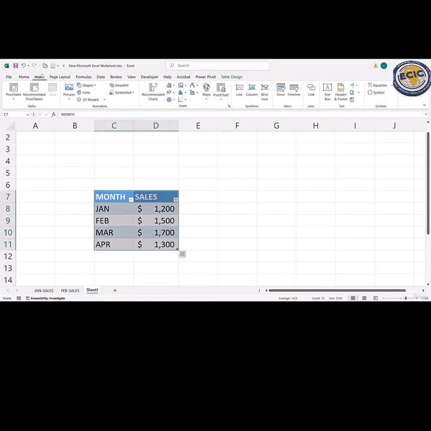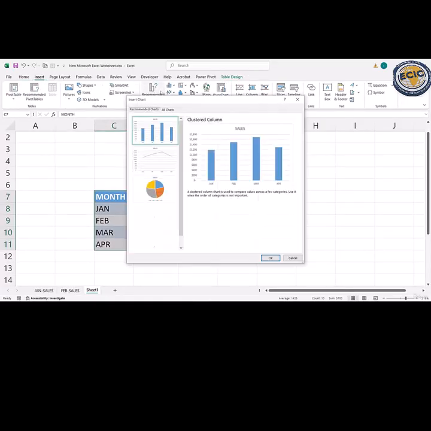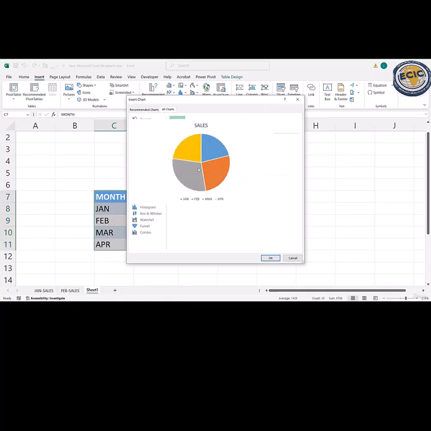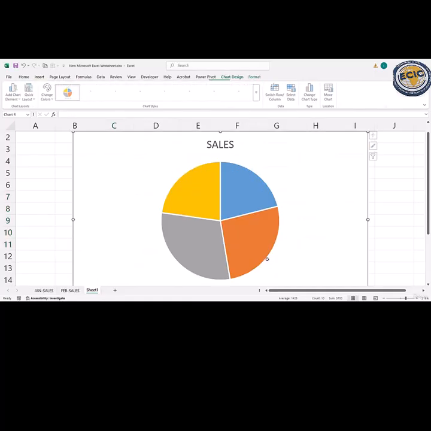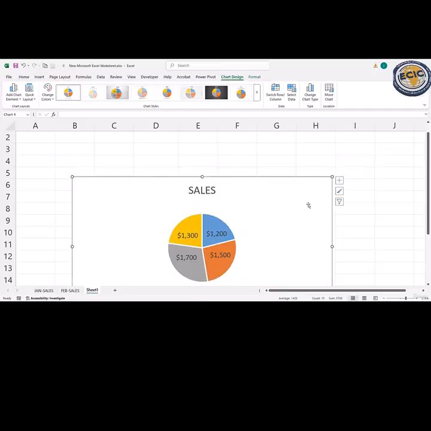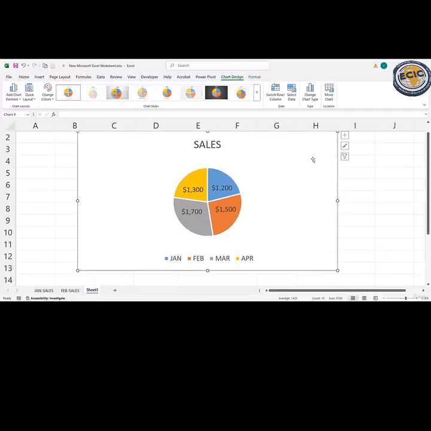And now I will select the next type of chart, which is the pie chart. So I will select the pie chart from these sections. If I select this, I will select the first one. Now I'll select the data labels. So this is our pie chart, and a pie chart is actually useful